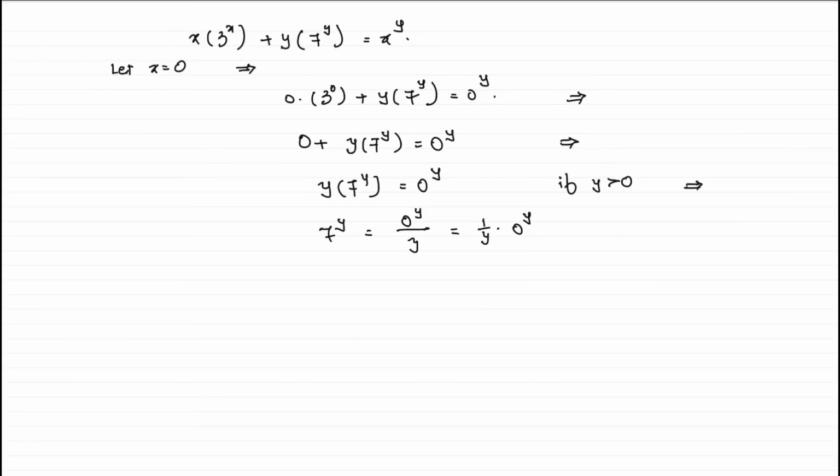But 0 to the power of something is 0. Why we have taken y is greater than 0, hence it will be 0 to the power of y, since y is greater than 0 we have taken. 7 to the power of y is equal to 0 to the power of y, and if by chance y is equal to 0 is taken, it implies 7 to the power of 0 is equal to 0 to the power of 0, which is undefined,